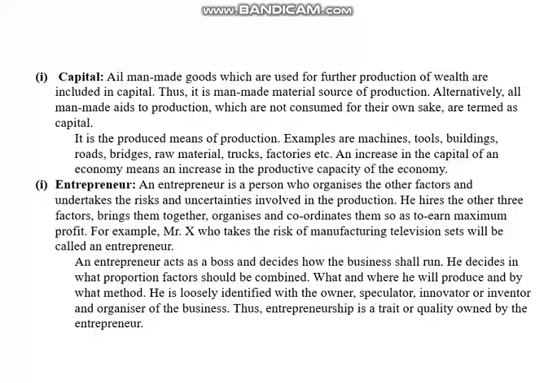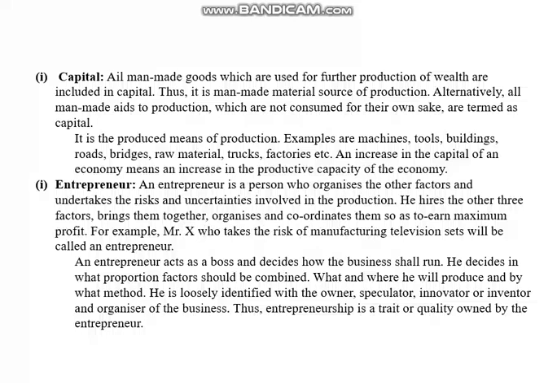For example, Mr. X, who takes the risk of manufacturing television sets, will be called an entrepreneur. Even a person who is running your mess can be called an entrepreneur,